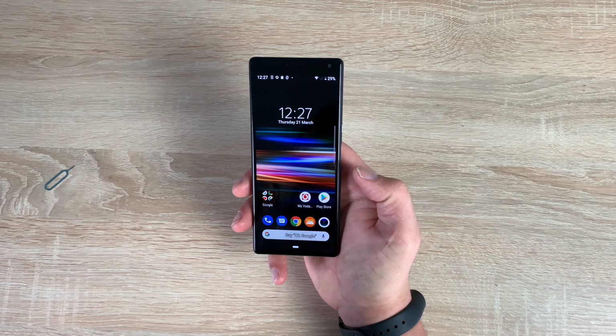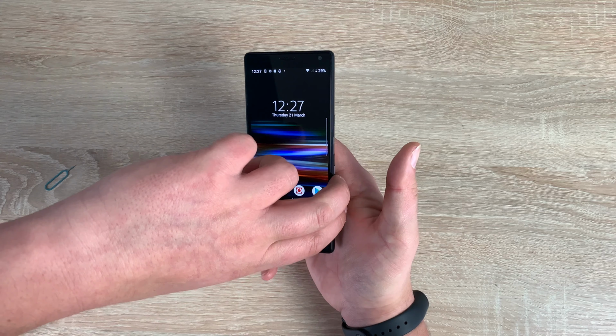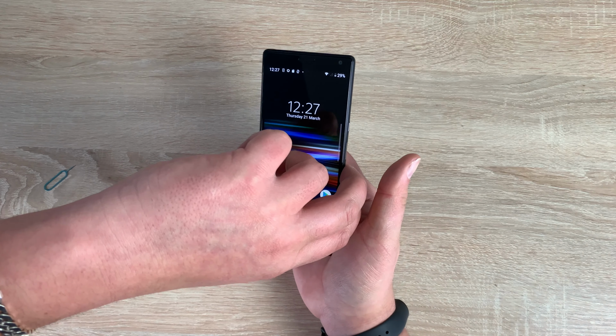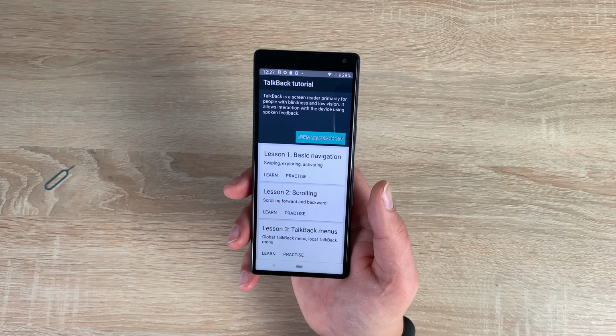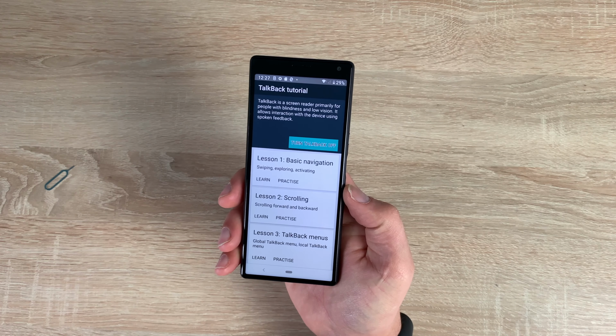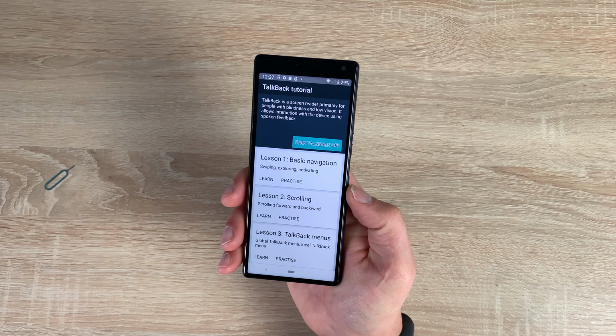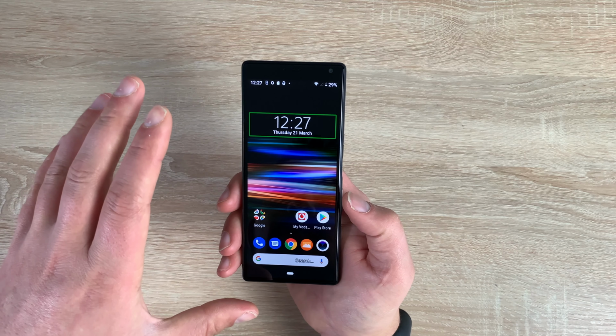So the first one that you can do right from the beginning is the volume key shortcut. So down here at the bottom, press both volume keys. TalkBack on. TalkBack is a screen reader primarily for people with blindness and low vision. It allows interaction with the device using spoken feedback. TalkBack tutorial. So TalkBack is a great feature and it will highlight everything that is on your device here for